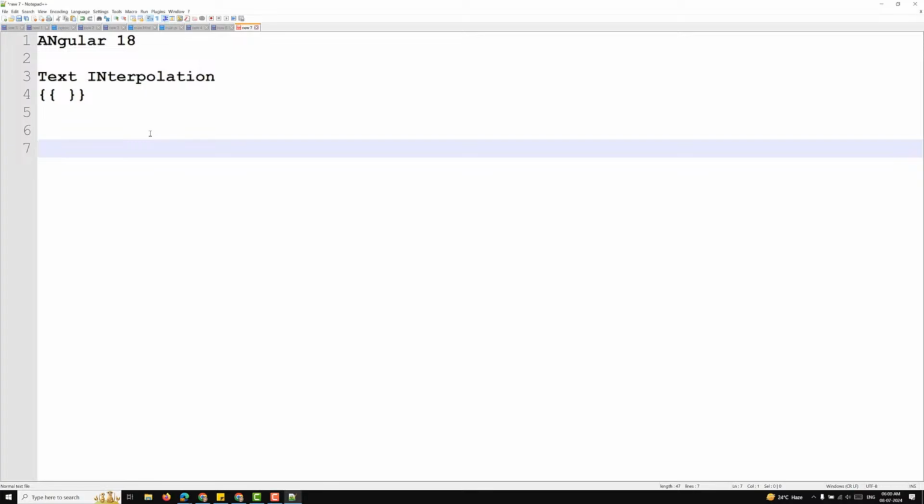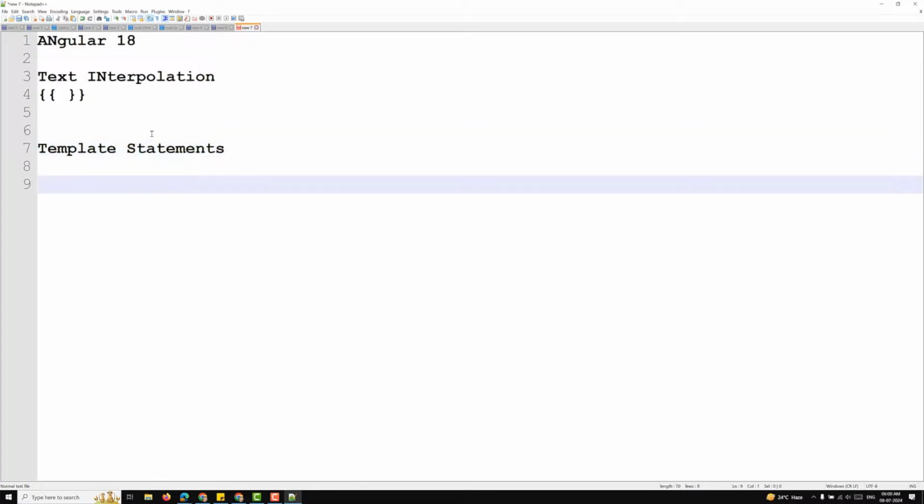So we need to learn about another important one, that is nothing but template statements. This one is also an important concept which you people already know about, but I will try to explain the theoretical thing, the technical terms in this one. Template statements are the